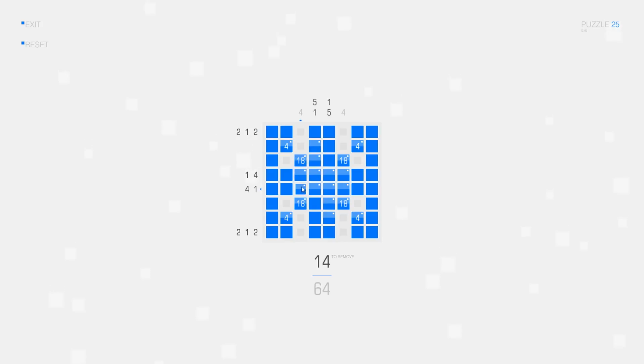Is there anything else to do for the group clues here? No. So let's look at the row clues. We have 2 connected squares and another 2 connected squares here at the beginning and at the end, with 1 separate square in between. So the 1 separate square obviously has to be somewhere here, and we have 2 connected squares here and there. So that means I can complete this group of 4 connected squares only like this and delete